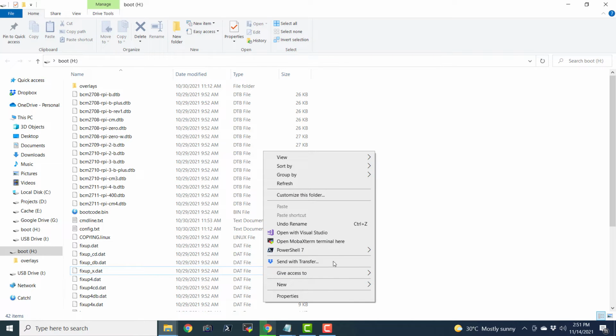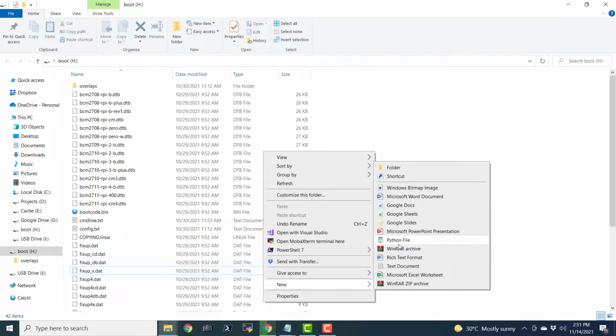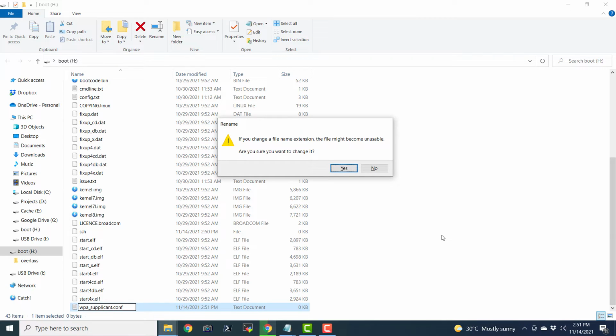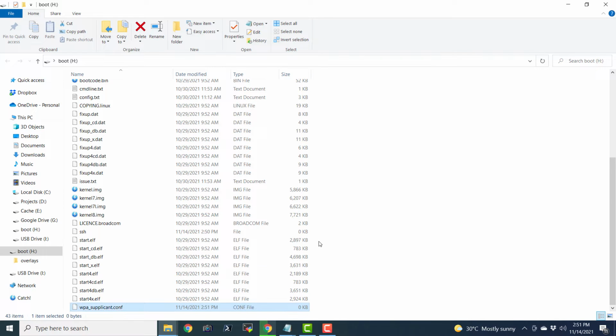So again, I'm going to say create a new file and create a text document. Again, choose everything and paste the name wpa_supplicant.conf. And if I hit enter, it should again say the same warning, and just click yes. Don't worry about it as of now.